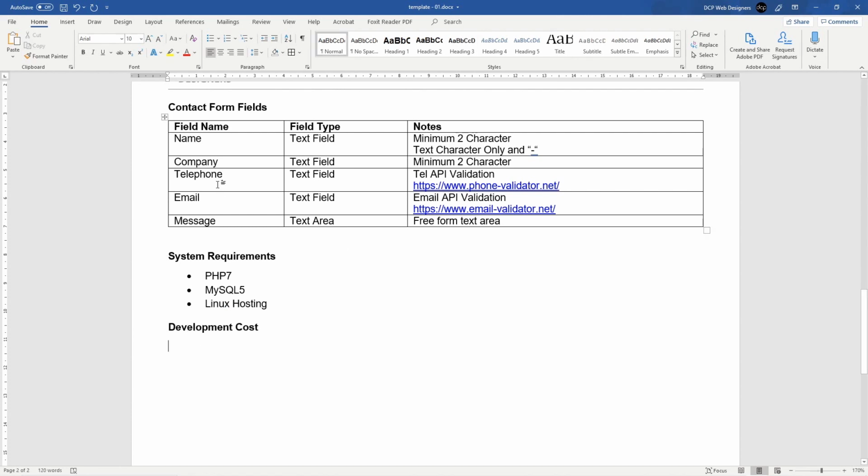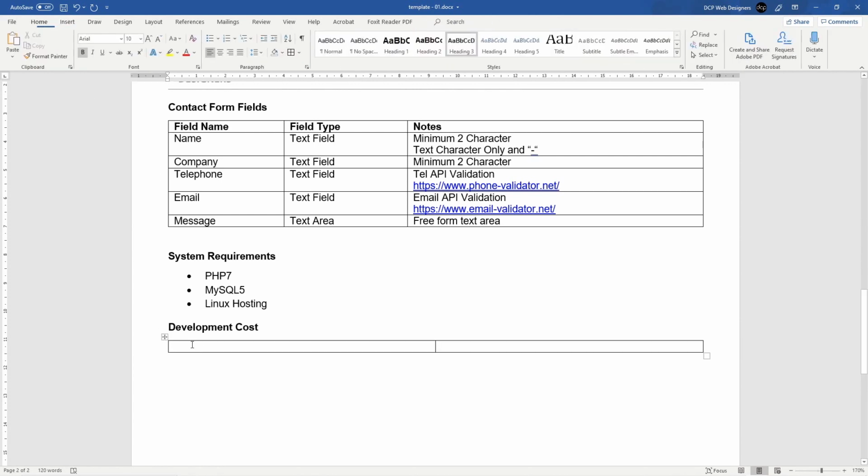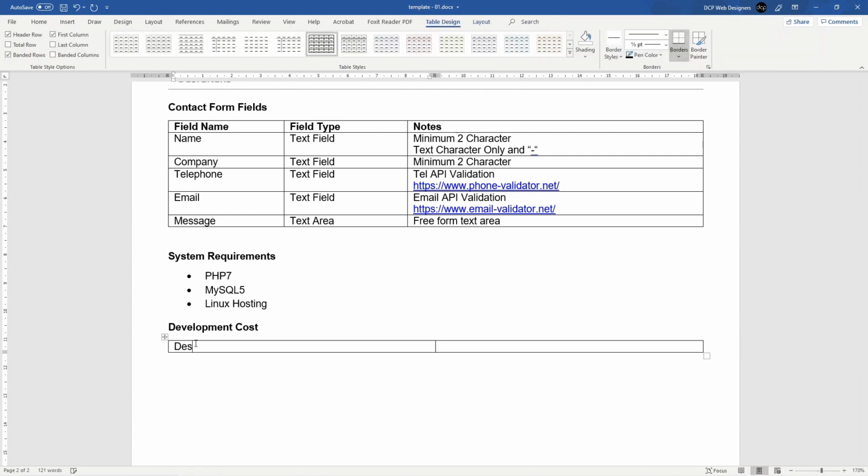So we can be a bit savvy here. I'm going to do this pretty quick, so I don't want to make this part long-winded, just a quick example. What we'll do is go to insert table and we just want 2 rows, and in here we're just going to write description,